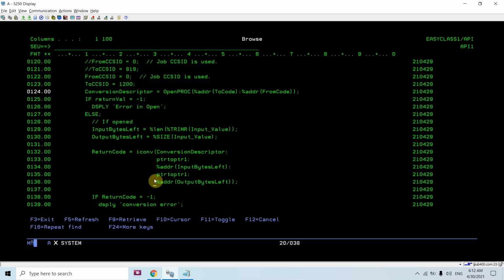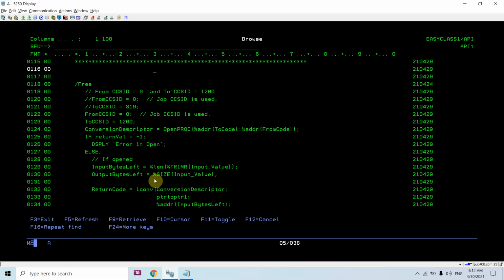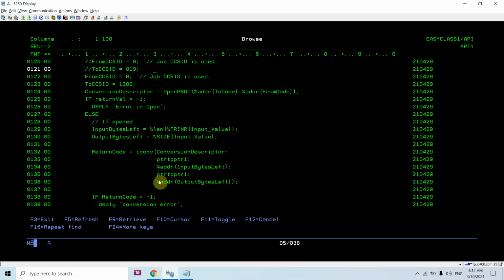Then again I need to pass the output buffer. The output buffer is the same here because I need to convert the same data and keep it in the same one. So here I'm passing again PTR to PTR1, and the address of output bytes left, whatever we have here.